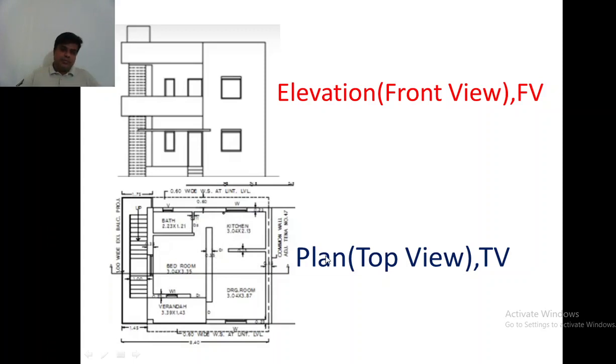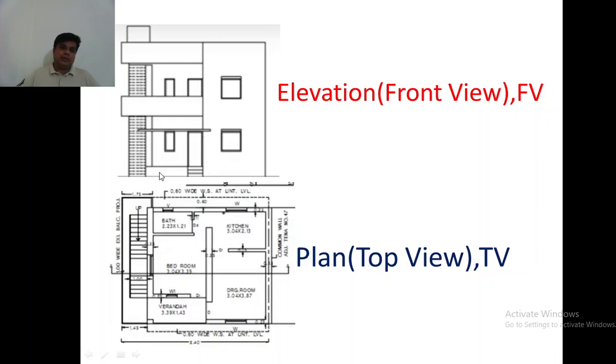In the top view, the plan, you can see where all the areas come. This is the staircase, the walls. This is the kitchen area, bath area. These are bedrooms, veranda, all those things. So in the top view, you can see the area, the space of the house. Whereas in the front view, you can see only the elevation, how the house looks from the front. In the top view, you can see the inside, what space is available. This is the plan.